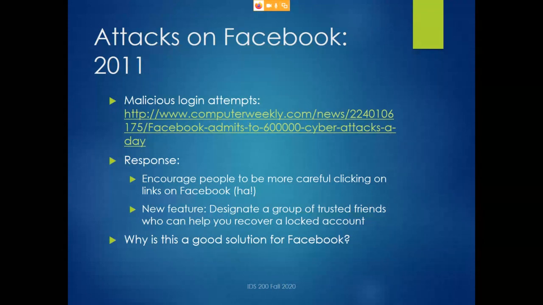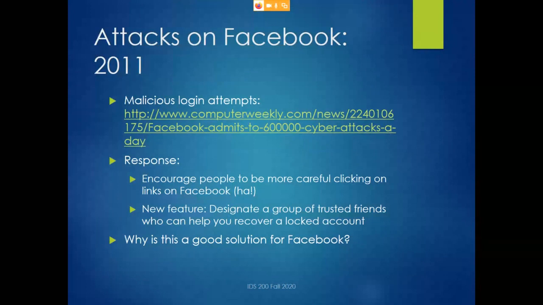So once upon a time, 10 years ago or so, if you got locked out of Facebook, what you had to do was something like get a picture of your driver's license and send it to Facebook. They'd look at it, verify that it was you, call you up on the phone, you'd tell them some stuff about yourself, and then eventually you'd get let back in. But the problem is that whole operation is pretty expensive. They have to have people working the call centers and people verifying documents. It costs money to get people back into their accounts.